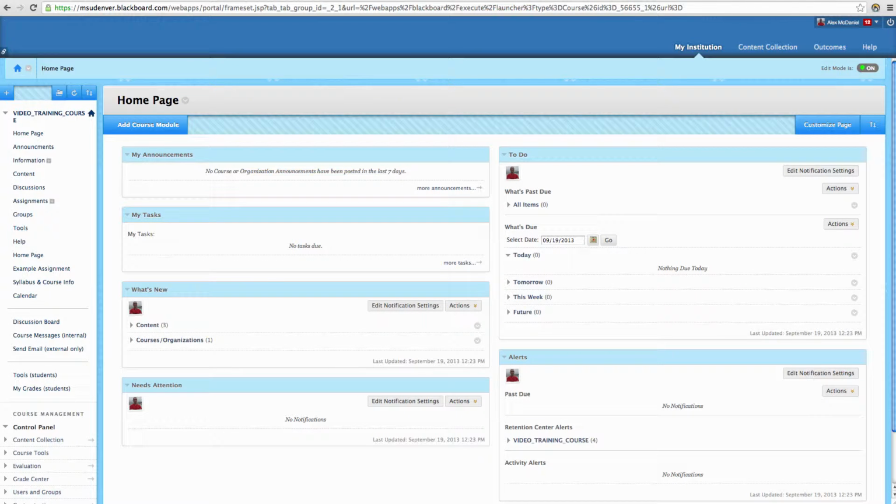Create an announcement. Announcements are a very useful tool inside the Blackboard Learn system. These can bring attention to different areas of your course or to anything that you really want your students to pay attention to. To create an announcement, if you haven't already created the announcements content area on your course navigation